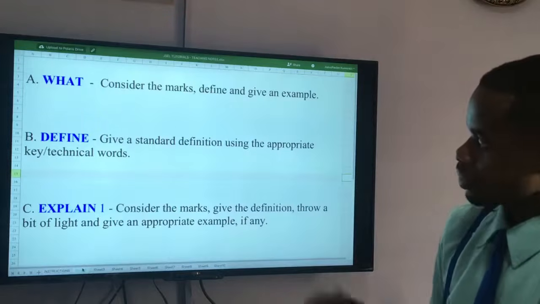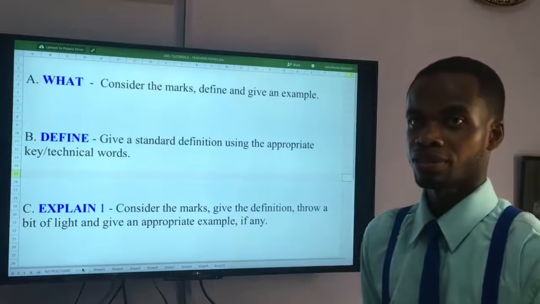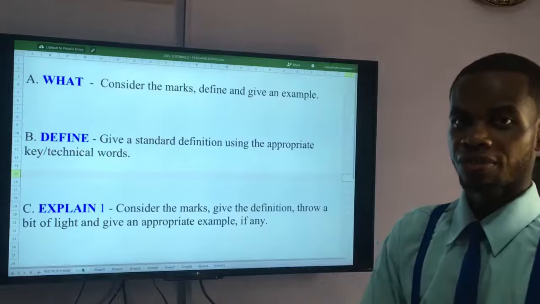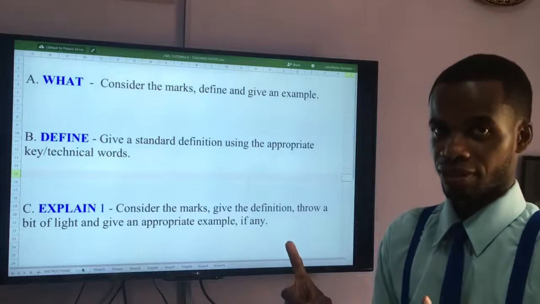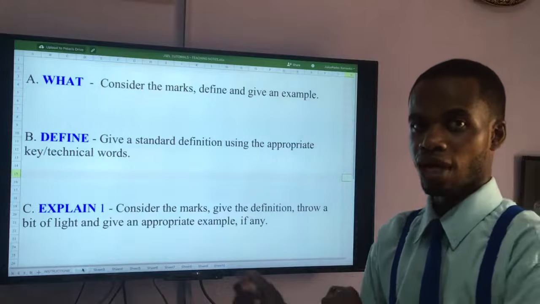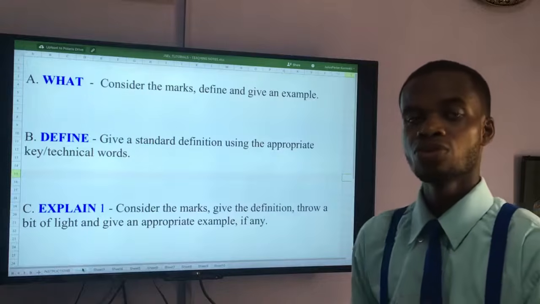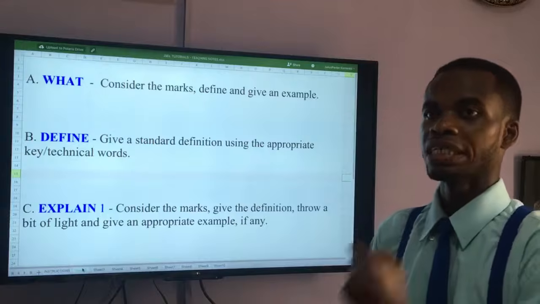So let's look at, so what is environment? So you have a question like this, 2 marks. What is environment? 4 marks. They are different. So what is environment? 2 marks. You go straight forward. I advise my students, don't use a pronoun to begin your